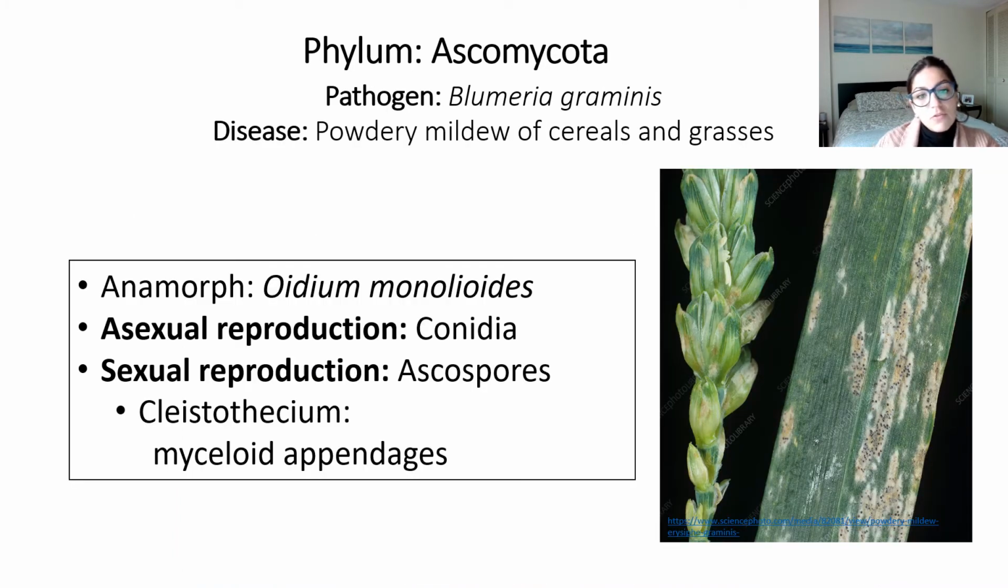The other powdery mildew we're studying is the powdery mildew of cereals and grasses, and it is caused by Blumeria graminis, whose anamorph, or the asexual name of the fungus, is Oidium monilioides. The asexual reproduction of this fungus occurs through conidia, and the sexual reproduction through ascospores as well. Again, the fruiting body of powdery mildews are the cleistothecia, and in the case of Blumeria, we have cleistothecium with